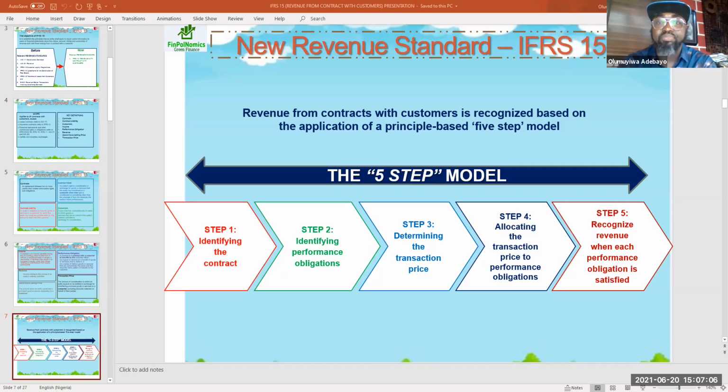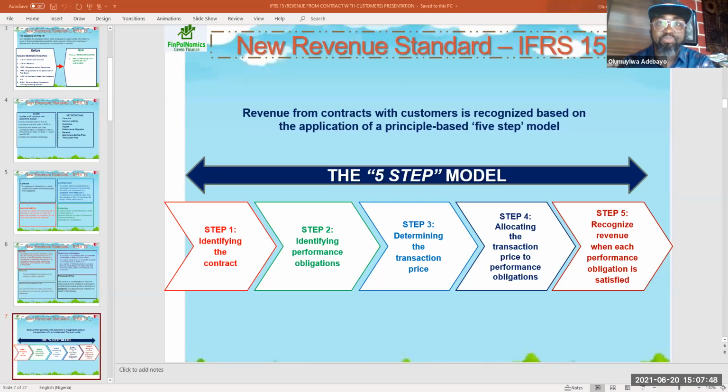And in that light, we went further to define the objective of the standard, and we also looked at ways of meeting those objectives, and we further defined the scope of the standard, as the standard does not necessarily address all forms of revenue, but rather it only addresses revenue arising from contracts with customers other than those that may have been specifically treated under separate standards, such as that of leases from the perspective of the lessor, that regarding financial instruments,